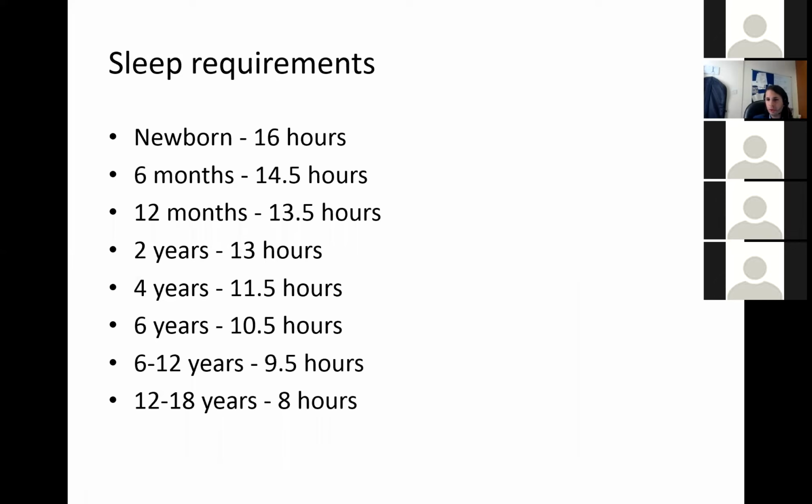Sleep requirements, so newborns sleep a lot. As you get older, you get down to about 8 hours, although people say that you need 8 hours. Lots of people get less, but there is, as you've seen in my first slide, evidence if you sleep for less than 7 hours a night, so equivalent to 17 hours of wakefulness, you are actually not functioning at your best, and it's equivalent to having drunk 2 glasses of wine. So bear that in mind when you're coming to work for a shift and having slept 7 hours or less, you're probably not as alert or on the ball as you should be.